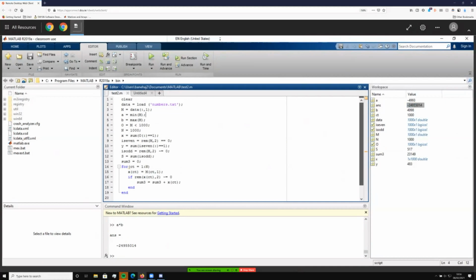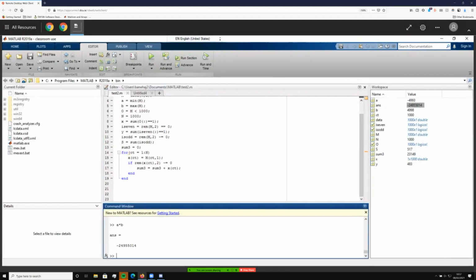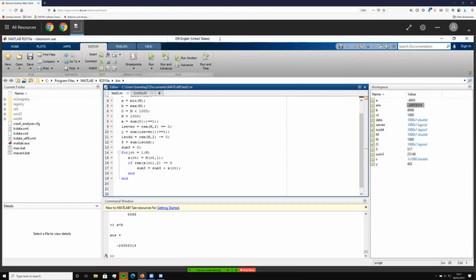It's dead handy if you have two matrices, or three matrices, and you want the second row, second column element of each matrix, and you want to multiply them together and do math with them. You can code it into the script and call on them, or you can do it on the fly down here in the command window. It's handy for when you're trying to mess around with numbers to see if a solution will work.